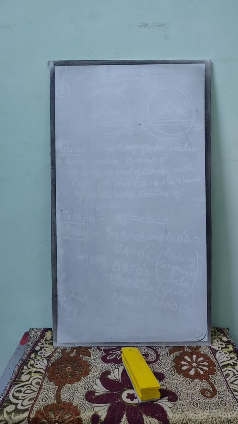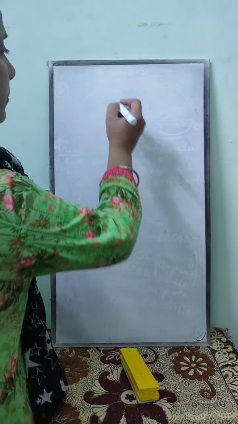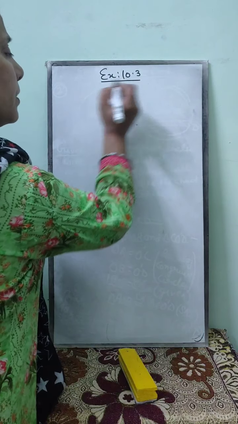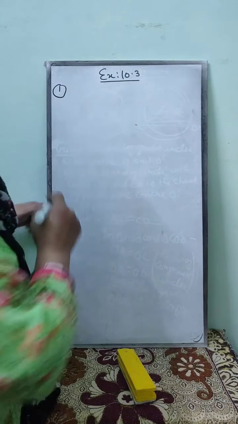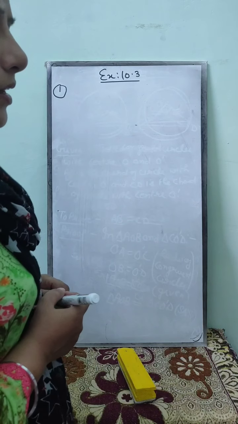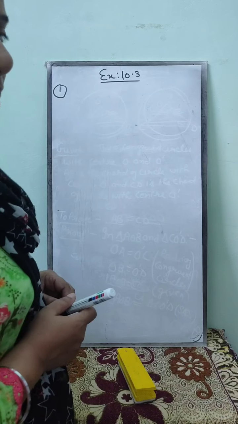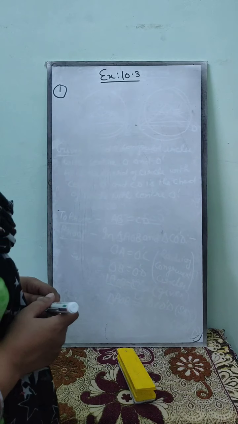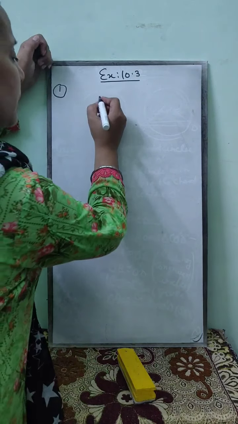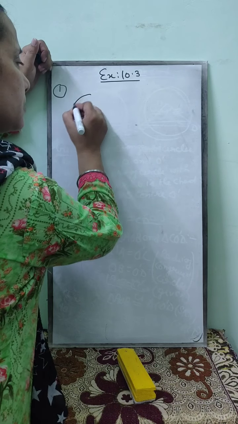Yes students, now I am going to start with exercise 10.3. First sum. The statement is saying, how many pairs of circles, meaning two circles, can you draw showing different locations? See, these are two circles,